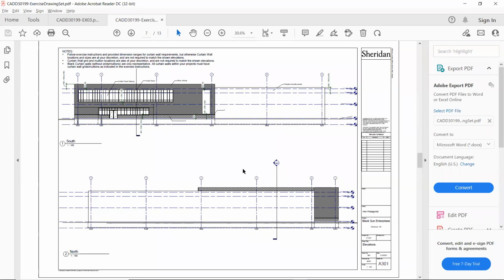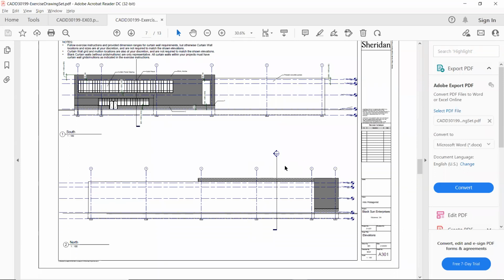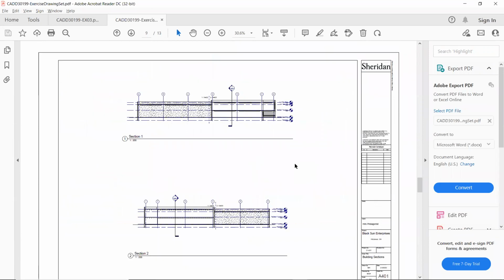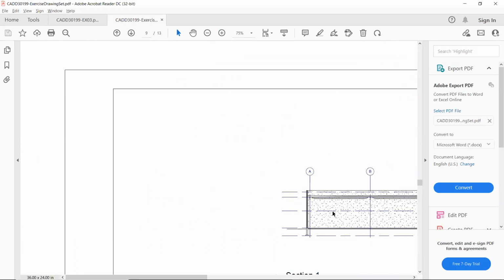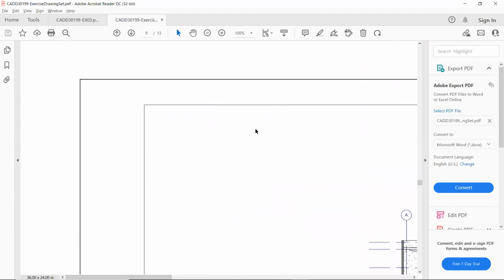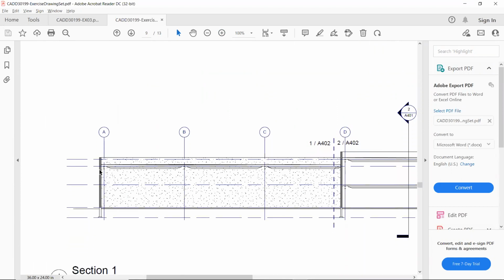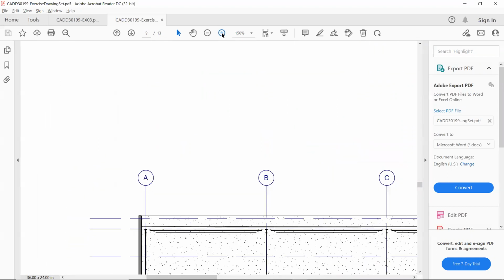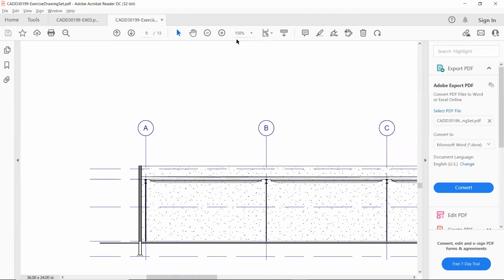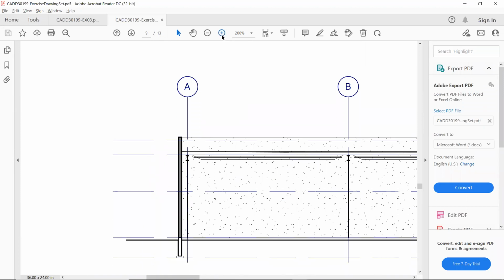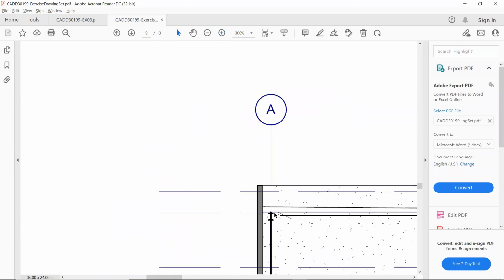let's see if we have a section here, have a shoe that is placed on top of the beam. I think we can see it here. So let's zoom in. There you go. So there's a shoe. Let's zoom in further. Now what's happening is that you want the, let's zoom in a little bit more. There you go. So you want the shoe to be